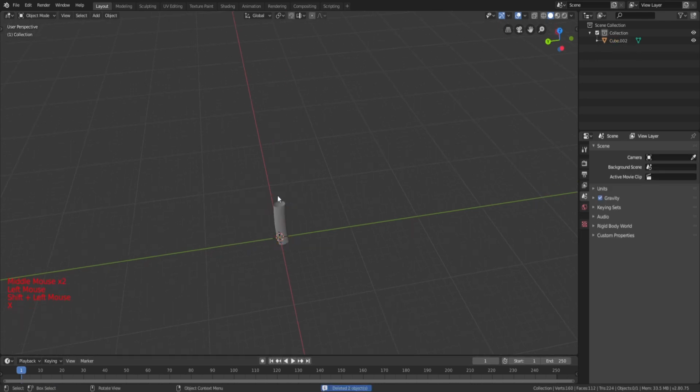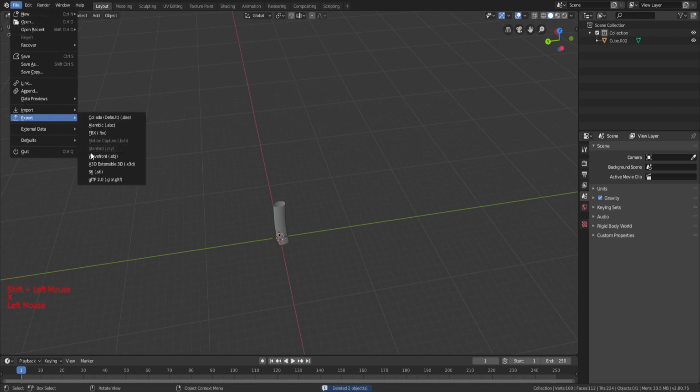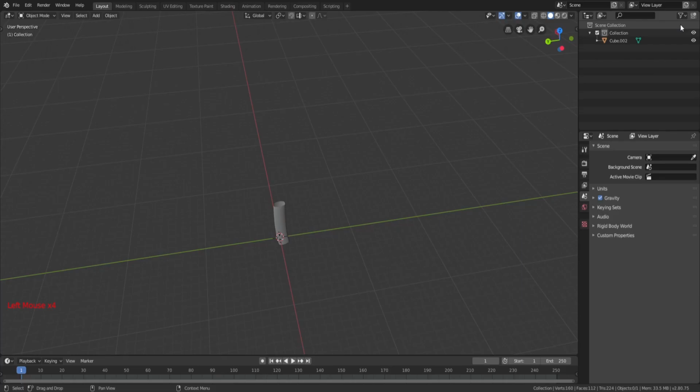Okay, now the handle, export OBJ, handle. There we go. All right, and that's it for our Blender right here. So now we can switch over to Roblox Studio,